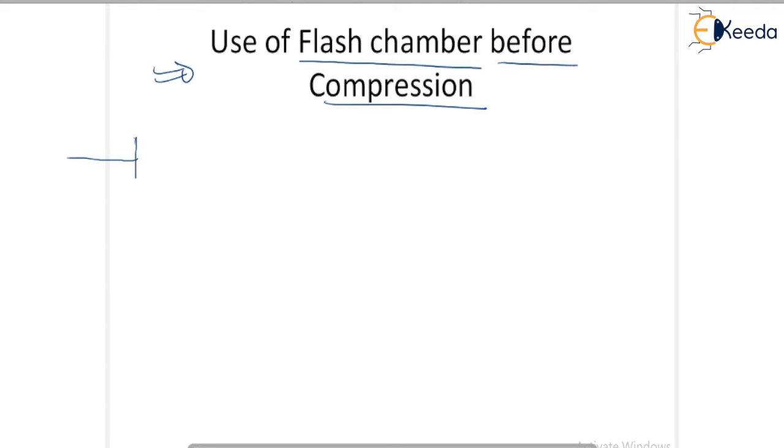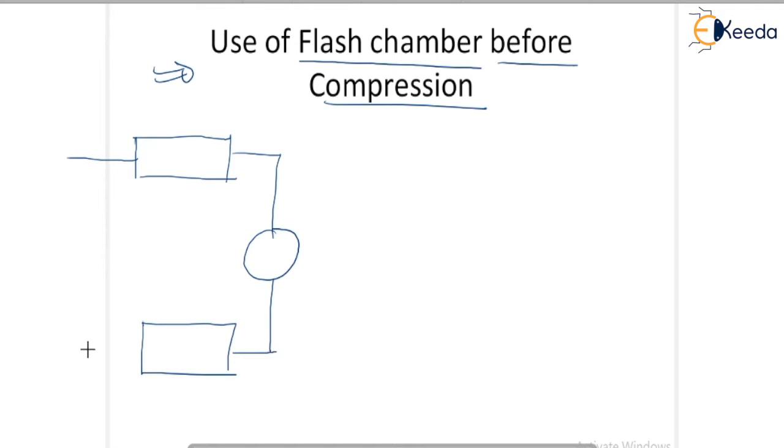So here your condenser is going to be installed, here your compressor is going to be installed, and here your evaporator is going to be installed. Is it right? And here your throttle valve. Initially your throttle valve is going to be installed. Okay, this is your compressor, this is your evaporator, this is your condenser, and this is your throttle valve.